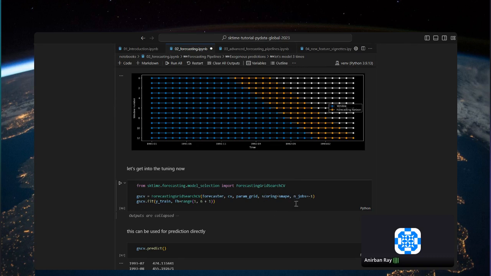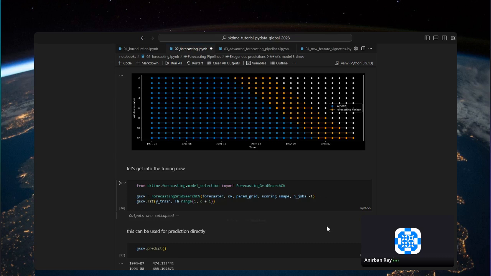We initiated a SMAPE object earlier, and since it's directly imported from sktime itself, it knows that for SMAPE lower is better. But if you create your own scorer, you are free to do that. You may need to use the make_forecasting_scorer function, which is part of the library, to specify whether higher is better or lower is better. Finally, we are specifying n_jobs equal to -1 to take into account all the processors in the node in the current